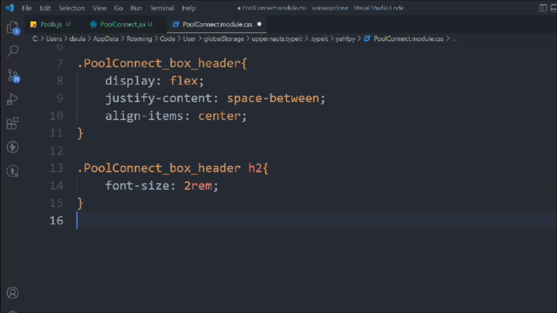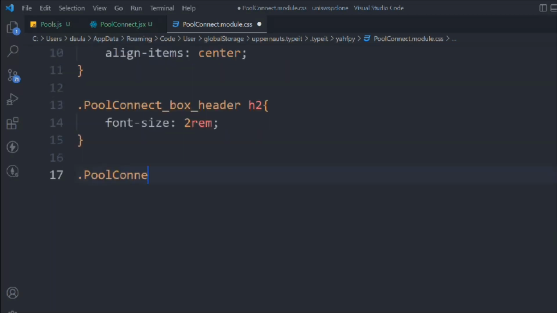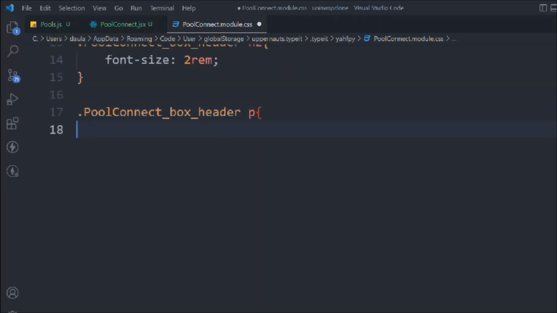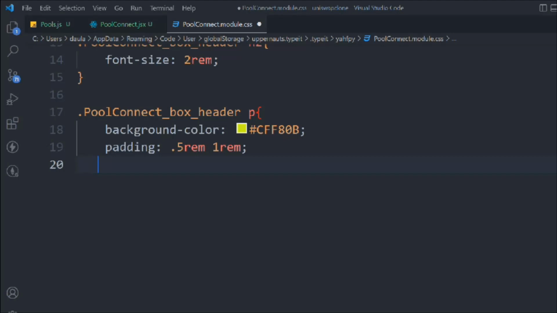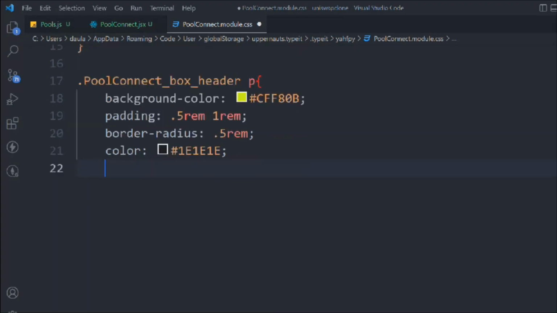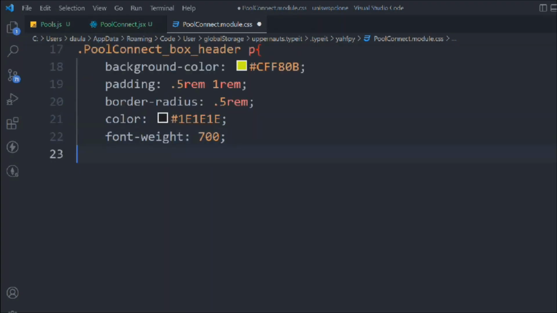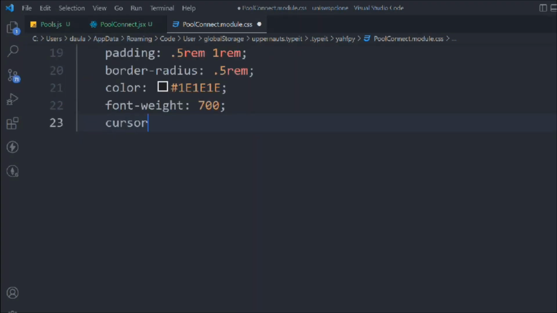We'll close that, we'll come down, we'll target the pool connect box header p, and it will have a background color to be this second primary, and we have to assign a padding to be 0.5 rem and 1 rem. Let's set the border radius to be 1.5 rem, and we'll have the color to be our primary color, and font weight is going to be 700. We'll have the cursor pointer,